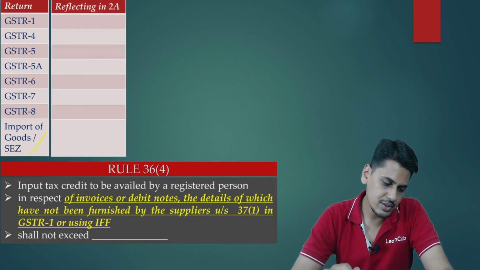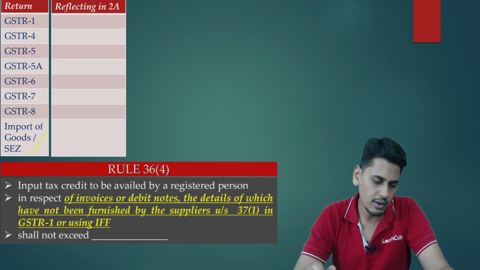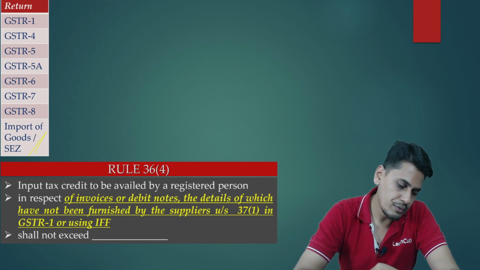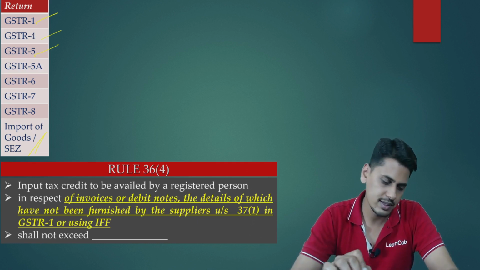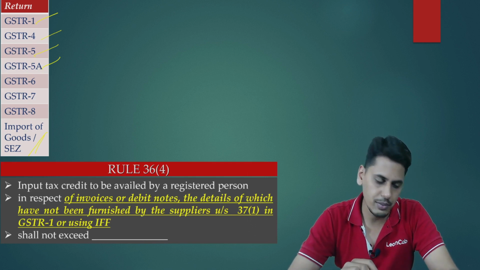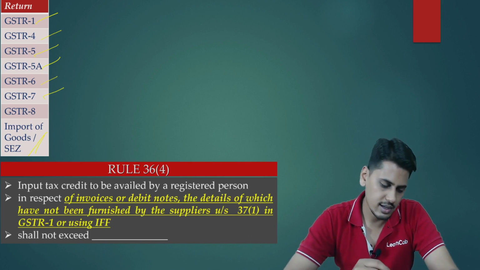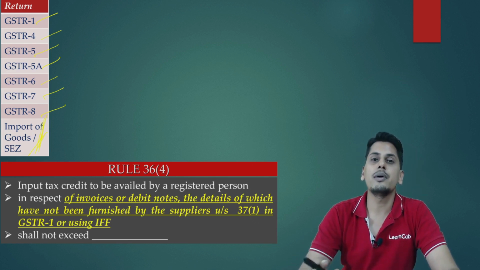Now friends, regarding the details of outward supplies, this is something new which we are learning now. Who files GSTR-1? A regular person. Who files GSTR-4? A composition taxable person. Who files GSTR-5? A non-resident taxable person. 5A, an OIDAR supplier who is supplying to a non-taxable online recipient. 6, input service distributor. 7, TDS return. 8, TCS return. When goods are imported or purchased from a special economic zone based on bill of entry,